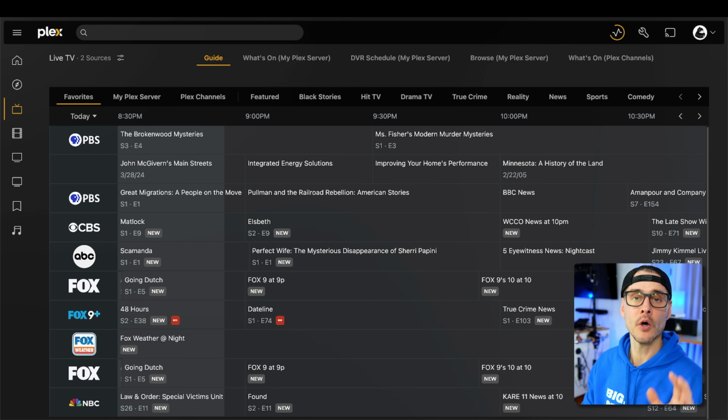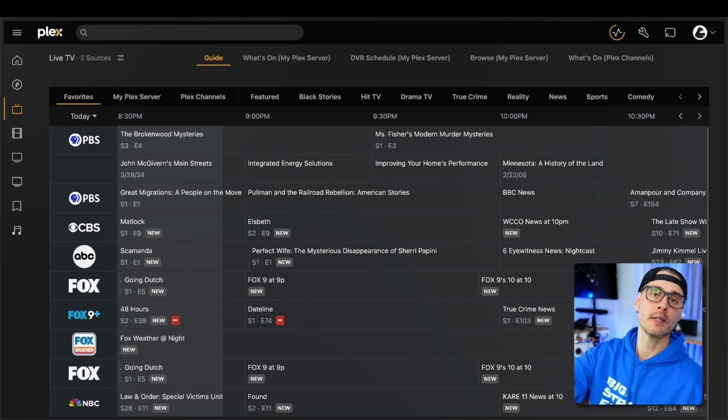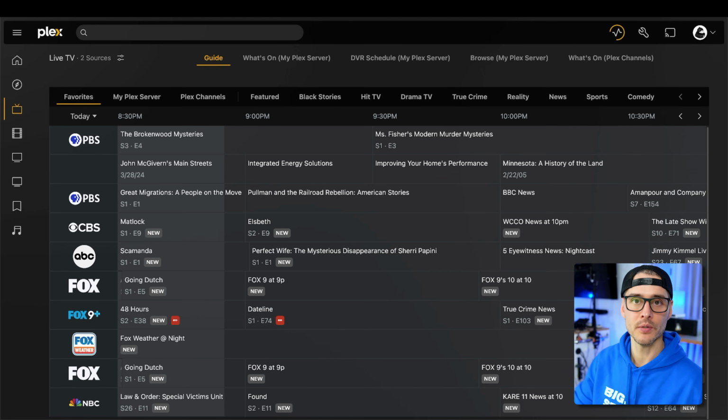So that HD Home Run Quad gives me 4 tuners, or 4 separate channels, if you will, to record different channels within Plex. And I can also stream up to 4, although I only use 1. The other cool thing about recording TV is that you can skip commercials. It'll look for commercials and you can either cut them out or skip them. I usually mark them as skip, which makes watching the things I want to see that much better because they don't have commercials. And then this also saves me from getting subscriptions to other services like Hulu or Peacock.